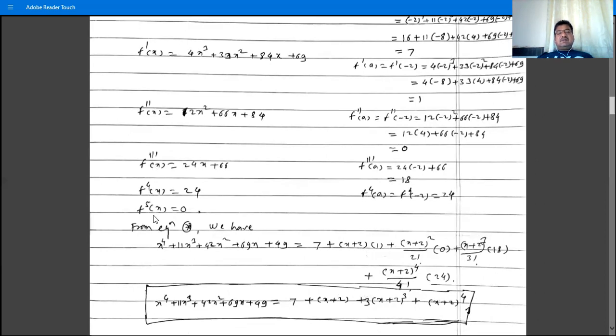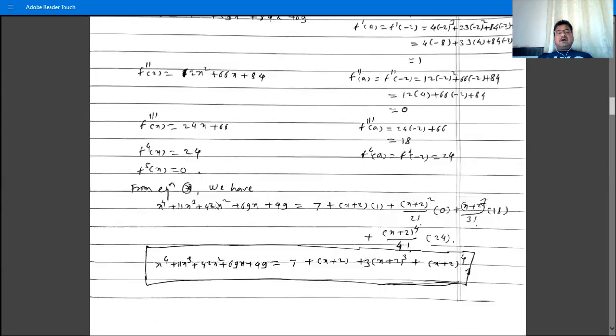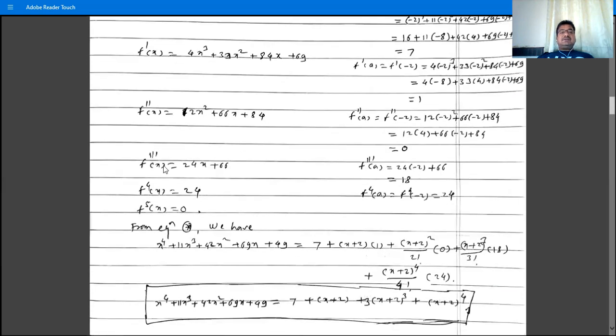Then sixth order, seventh order, all the remaining terms are 0. So here write full stop. In the remaining examples, write so on. After finding first order, second order, third order, fourth order derivative, we write so on. That is, the further derivatives are